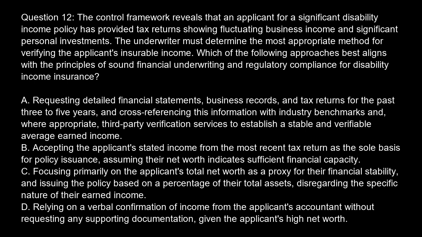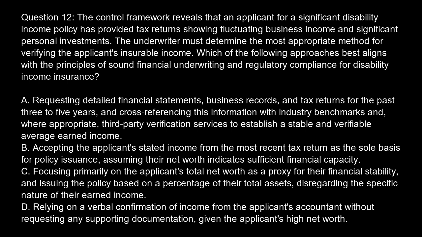The underwriter must determine the most appropriate method for verifying the applicant's insurable income. Which of the following approaches best aligns with the principles of sound financial underwriting and regulatory compliance for disability income insurance? Option A. Requesting detailed financial statements, business records, and tax returns for the past 3 to 5 years, and cross-referencing this information with industry benchmarks and, where appropriate, third-party verification services to establish a stable and verifiable average earned